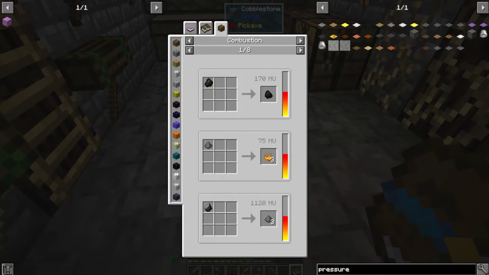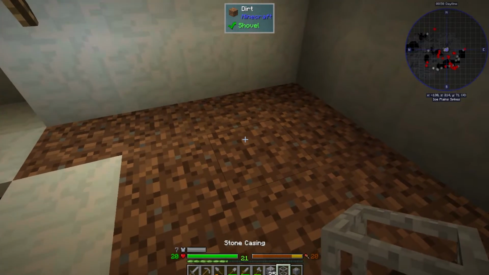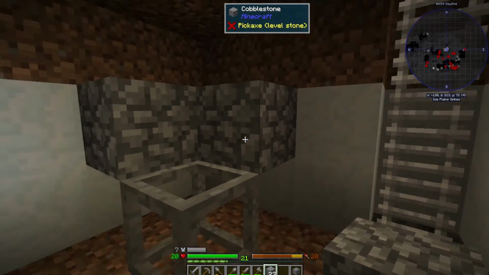Now as to what we want the combustion chamber for, well, because one of the things we can do is turn flint into gunpowder. And from there we can turn gunpowder into blaze powder, and or gunpowder and blaze powder into redstone. Alright, assuming I understand the instructions, we put the stone casing down like this, put a block around it like that, like that,